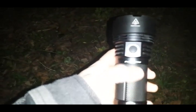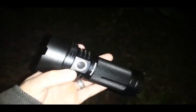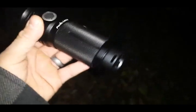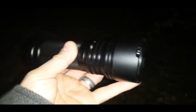Got some really cool lights from Phoenix. If I can get it in there. It's the Phoenix LD60. This is a 2800 lumen Cree LED light. Cool thing about this light in particular is every one of these emitters on the inside for the LEDs,